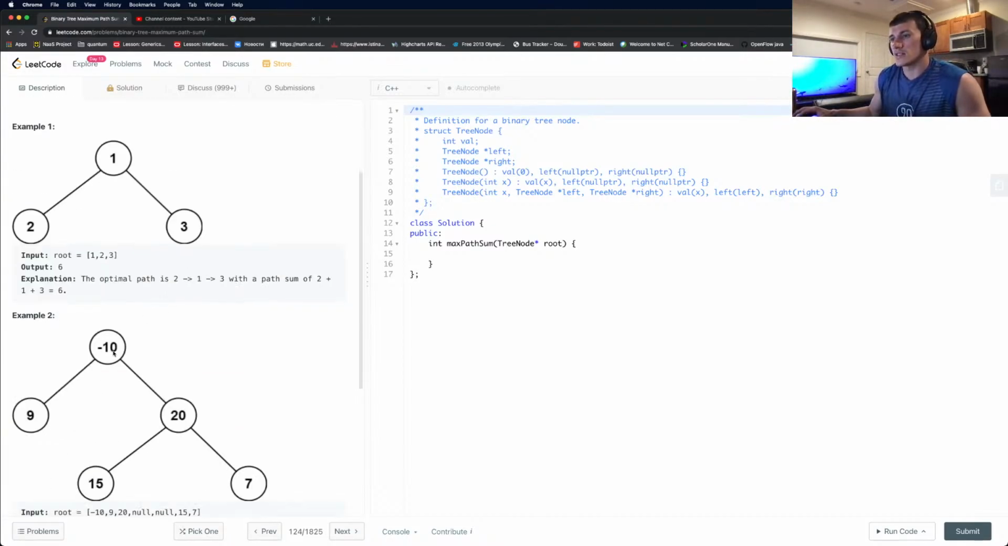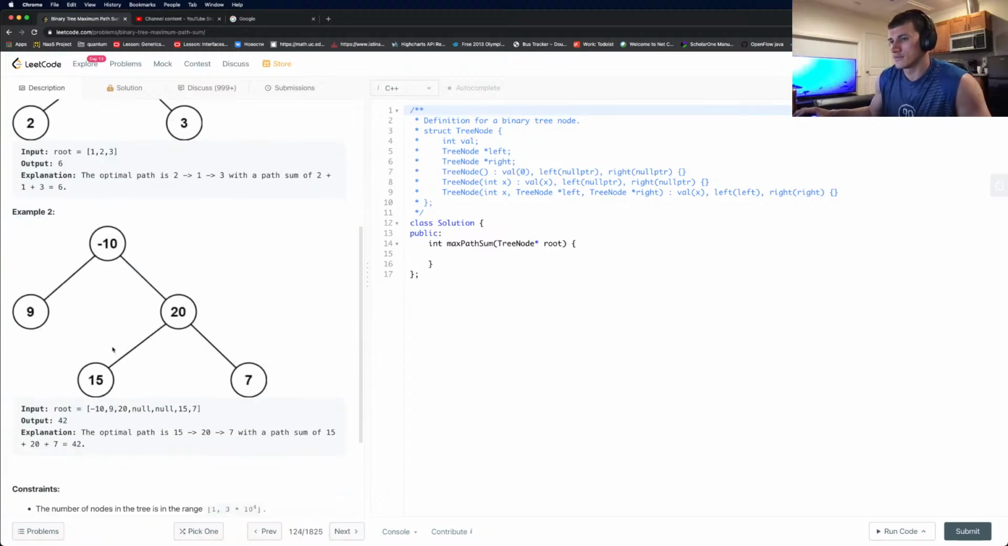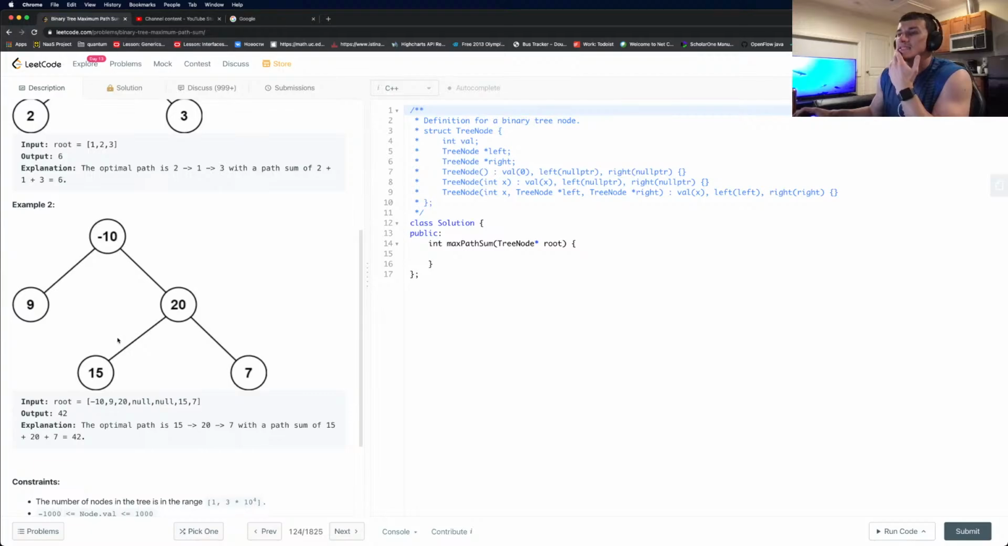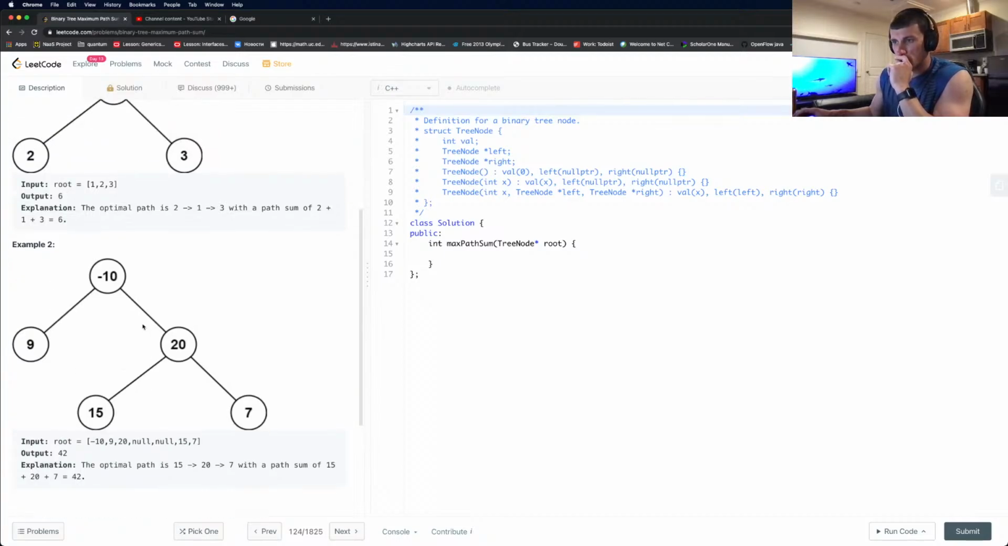So there can be negative edges too. Ooh, geez. All right. So